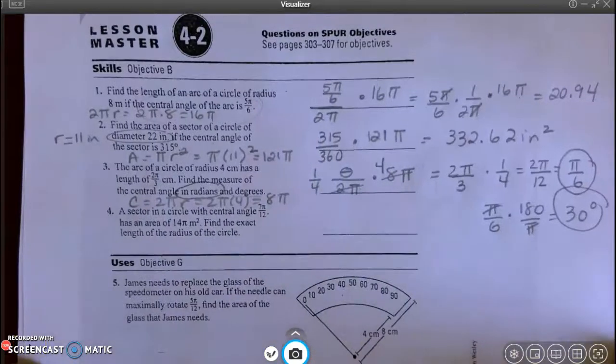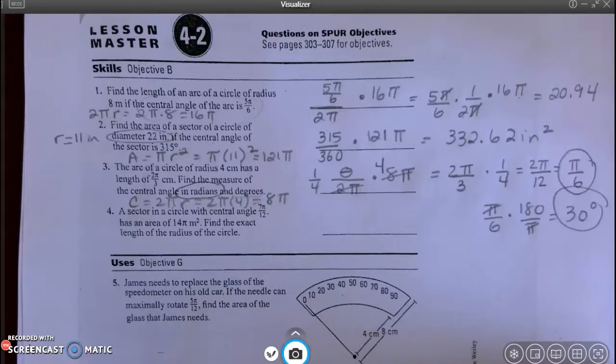Lesson Master 4.2, the rest of it, 4, 5, and number 7. Number 4 says a sector in a circle with a central angle 7 pi over 12 has an area of